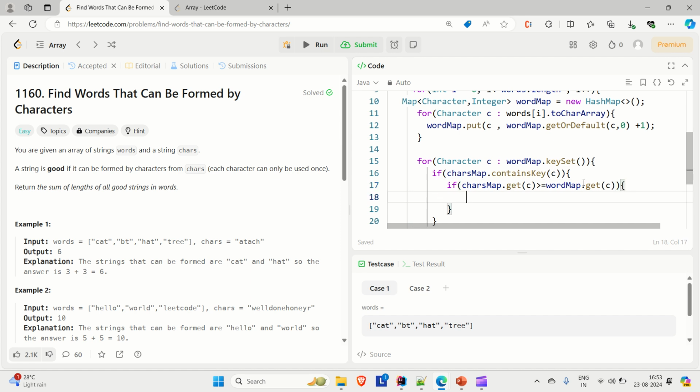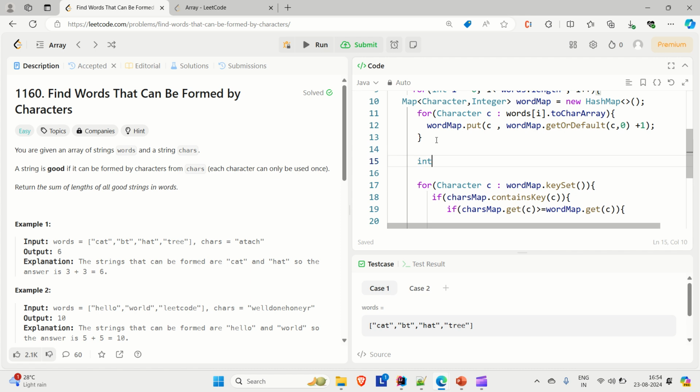So here, if every character inside this word map follows this rule, then that means that is a good word. So how can we find out that for each character this is the rule? For that, I'm just going to create a count here. So let's say int count